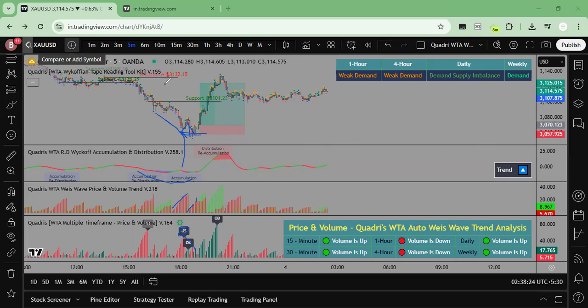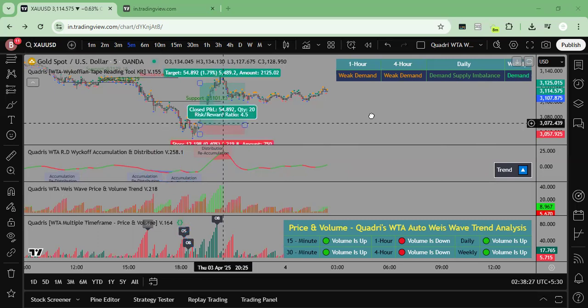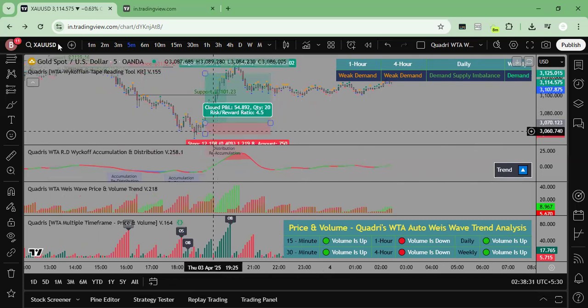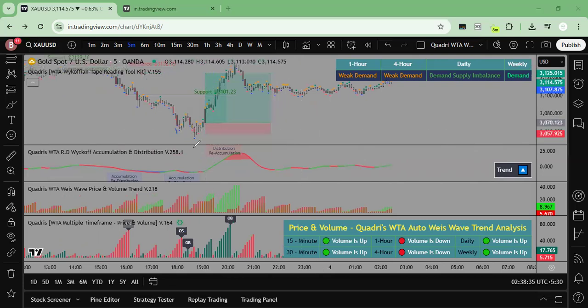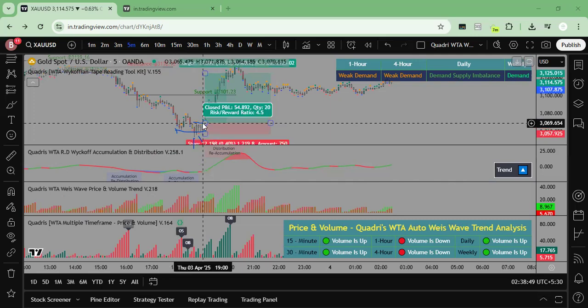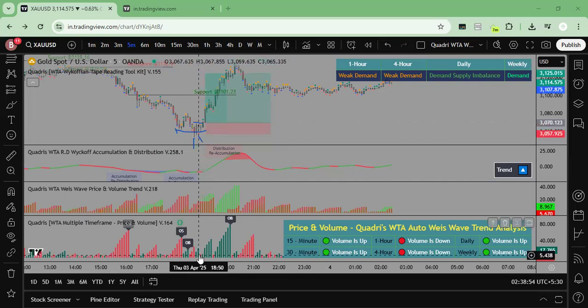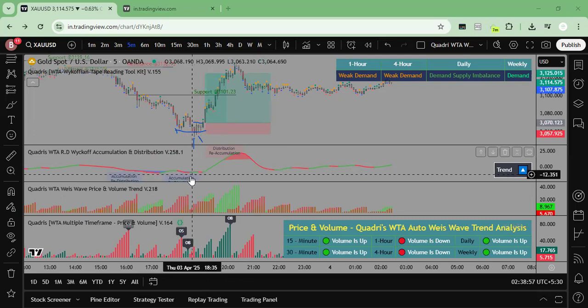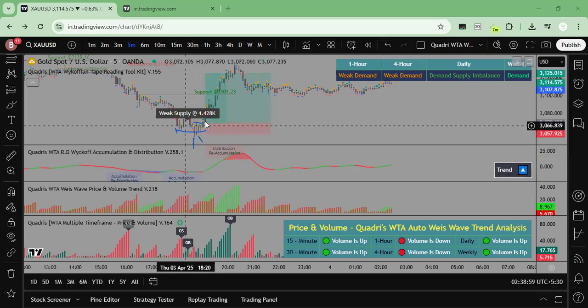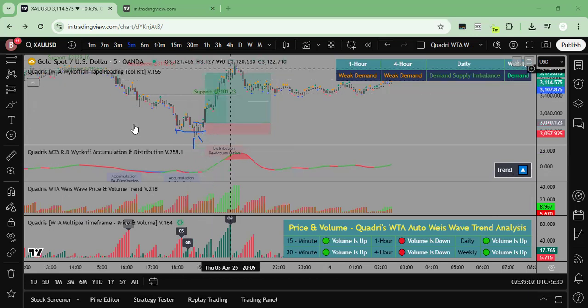The last and final thing which I look into is how the bars are reacting to it and how my tape reading toolkit is reacting to it. So we can see supply, but all of a sudden no supply at the same particular point. So I got a demand above supply, and if I look at the corresponding things happening over here, the supply is minimum, and then we are coming out of an accumulation zone. So this accumulation occurred, and this was the markup phase which I got,